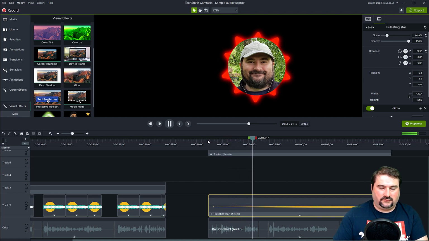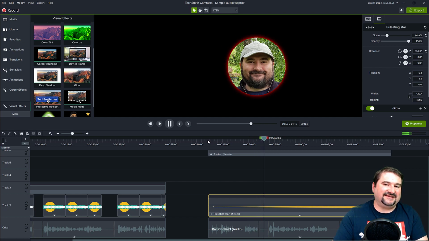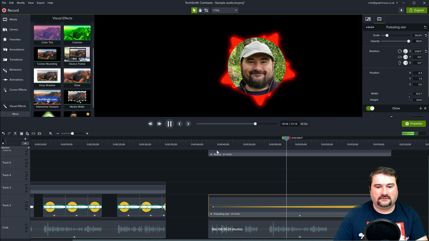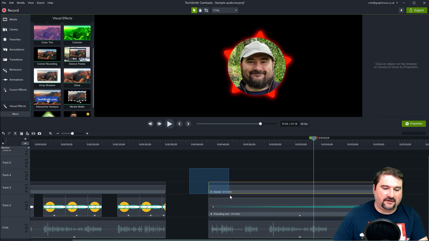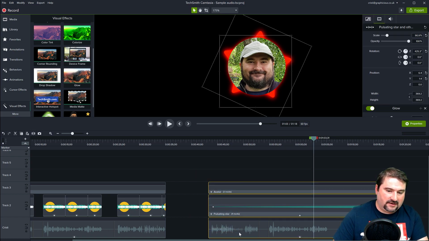You notice the problem, it's pulsating even when there's no speech. And we'll take care of that at the end. With a music file or a sound file, you don't have too many controls to change the volume. So I'm going to show you. Before I destroy this, I want to just pull the avatar down and select everything and make a copy.